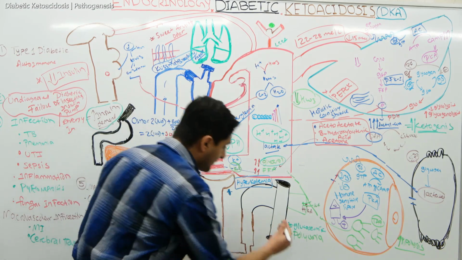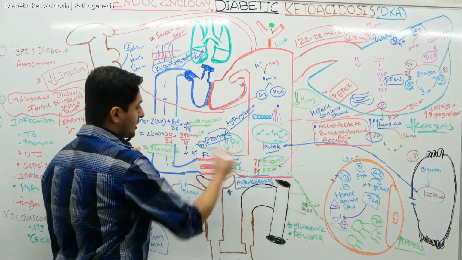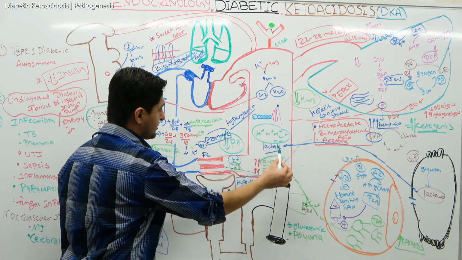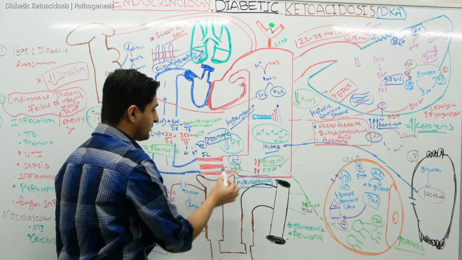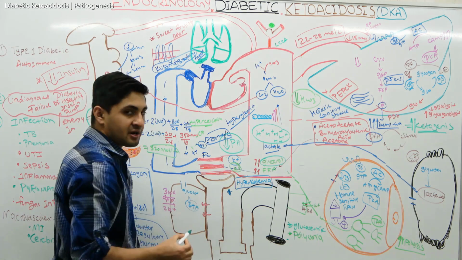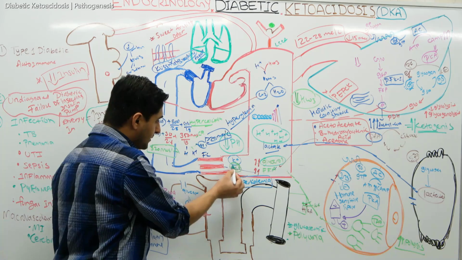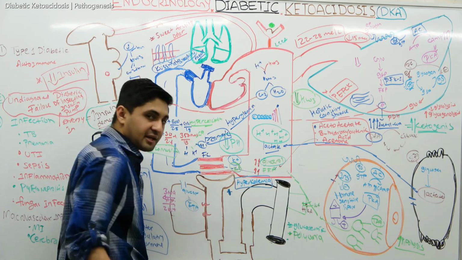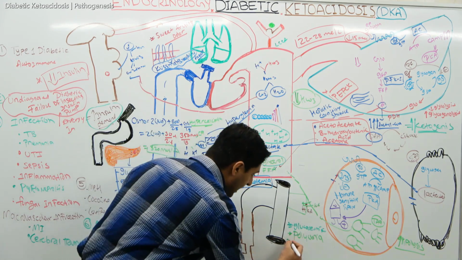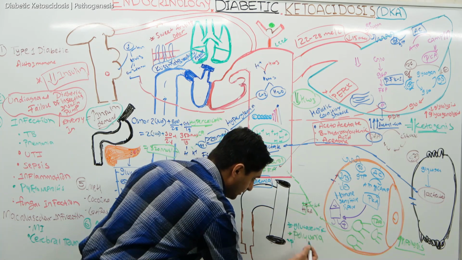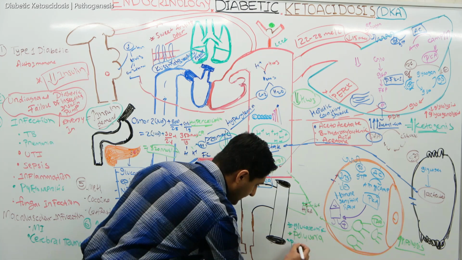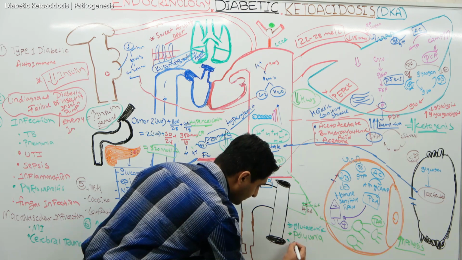On top of that, look, a lot of potassium is also accumulating in plasma. This potassium also gets filtered out. It does not get used, and remember, water brings it along with it too. So you're going to have potassium in the urine too. That's what you're going to see, okay?